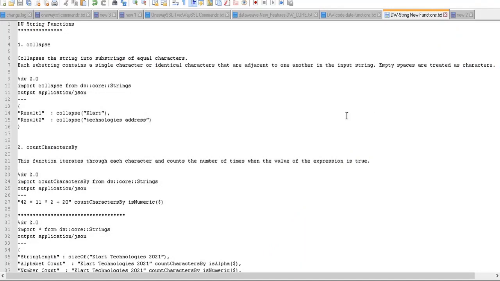In this video, we will discuss the new string functions MuleSoft has introduced as part of its new release. In our previous two videos, we discussed new date functions and new core functions. If you have not visited those videos, I'll provide the links in the description box, or you can go through our channel and visit those DataWeave videos, which will be very useful in your day-to-day projects. In this video, we will discuss the new string functions which they have introduced.